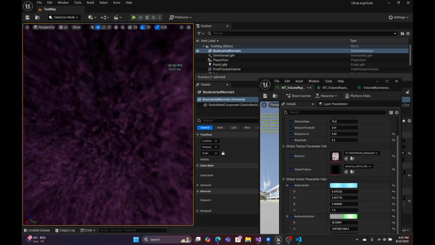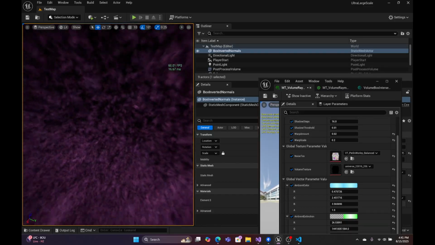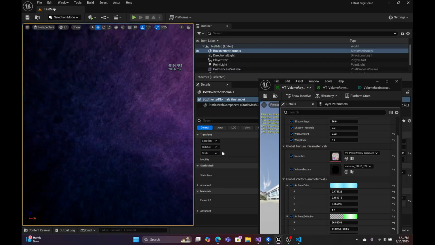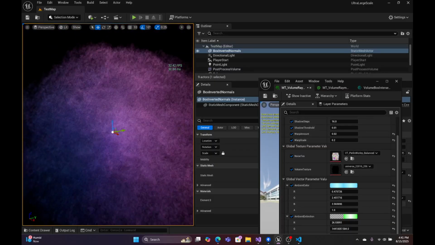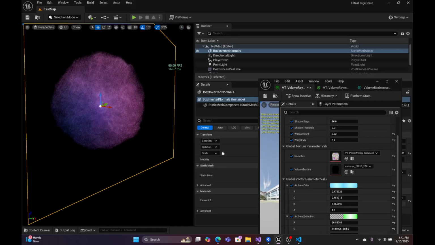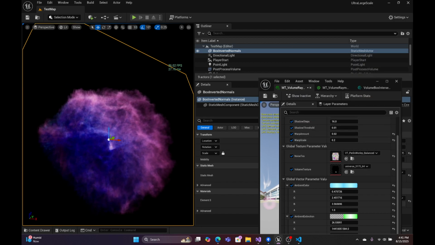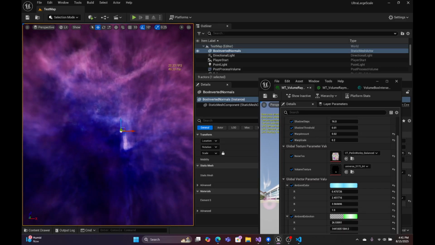Just trying to find a good scale for distortion here. So yeah, I think we're back to using the raymarchers, unfortunately. The heterogeneous volume has some really cool features, but this is like,